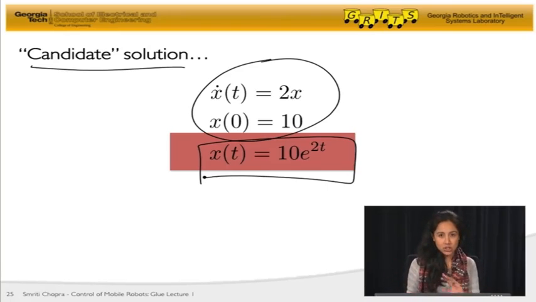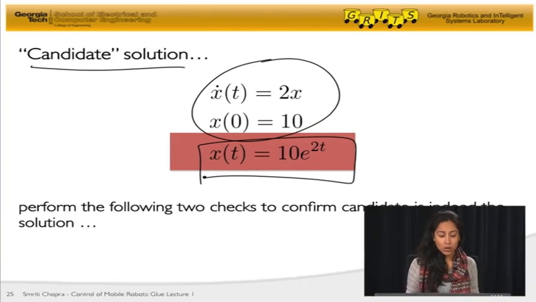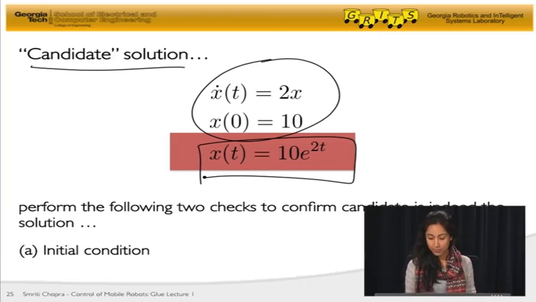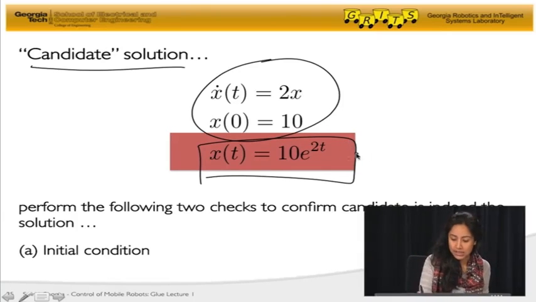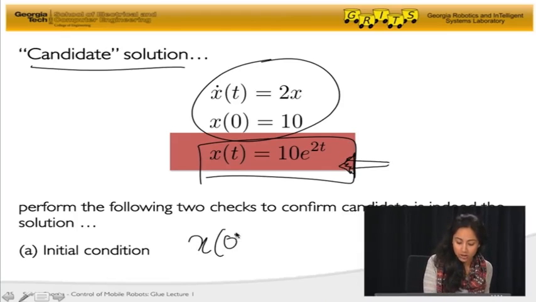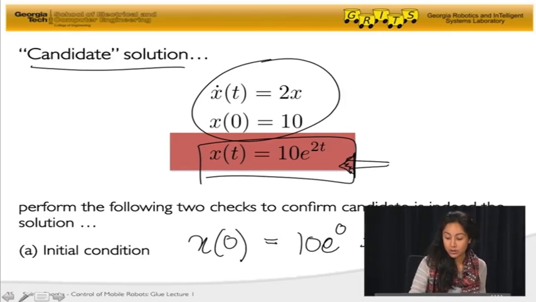And for that, there are just two simple steps that you do. First is called the initial condition check. What does that mean? It basically means that I'm given this candidate solution, and within the solution, I'm going to put in my initial condition x of 0 and see if I actually get 10 or not. And here I do get 10, so it satisfies this equation,